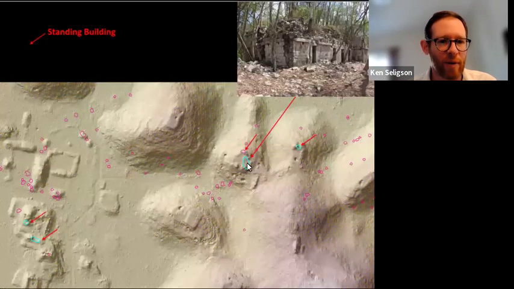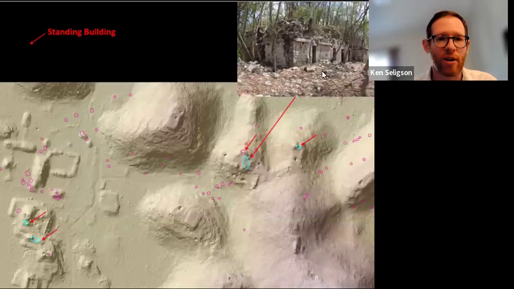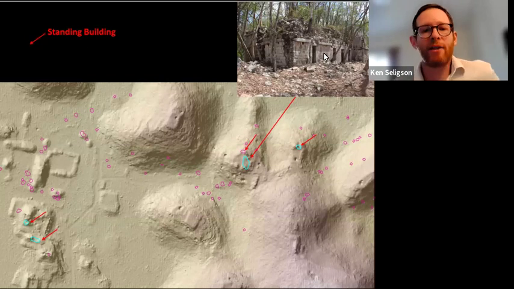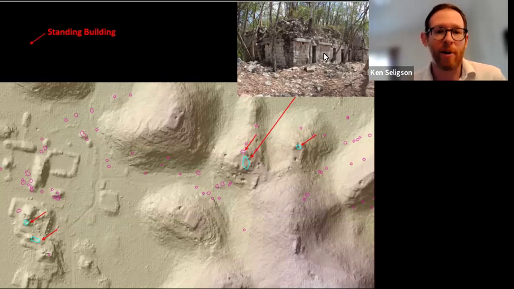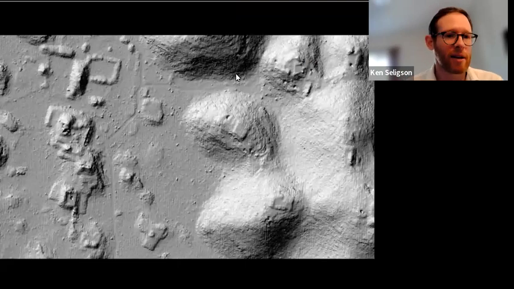For instance, right here, you have a little bit of a hole there. And that's because there was a standing structure there. And so the LIDAR scanning did not read it as an archaeological feature or the forest floor. It thought it was a standing modern building, but it's in fact an ancient building that's still standing. So in some cases, we can use different processing techniques. In this case, it's a very aggressive